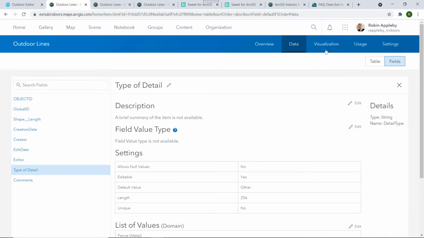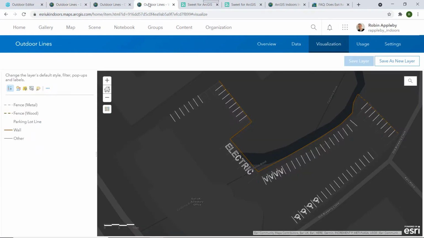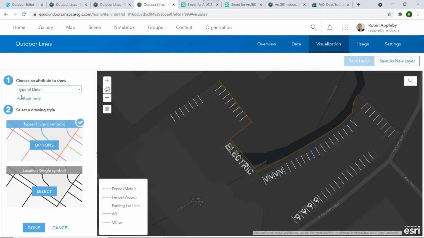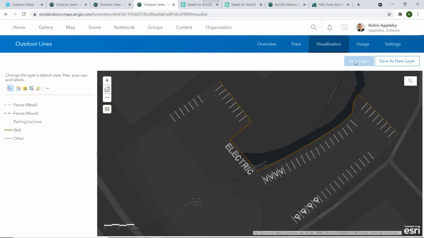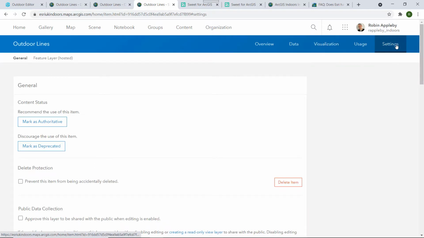If we go into the Visualization tab, here we can set up the standard symbology that we want our user to be presented with. And once established, if I save that layer, that's what all users will see when they add that data set to their maps. Finally, if we go into the Settings tab,